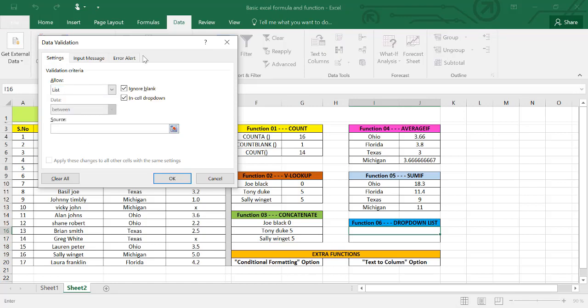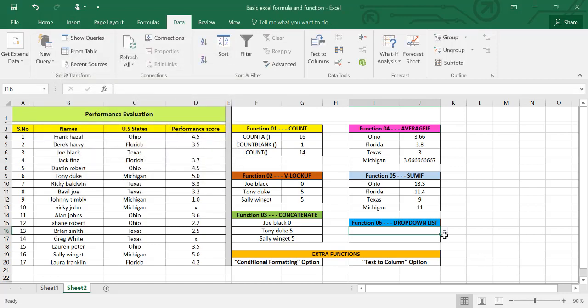Keep adding the sources. Now let's say you want to put in the states, so you will write Ohio, comma, Florida, comma, Texas, comma, Michigan, and click OK. You will see a drop-down arrow and the sources we have added, so we can select easily. Ohio. If we drop down, the same list appears, and you can select any other